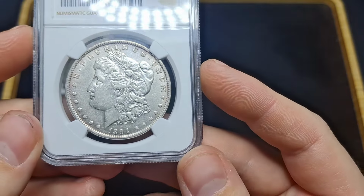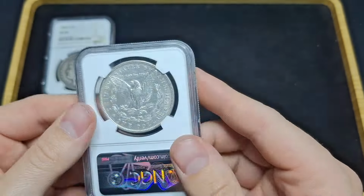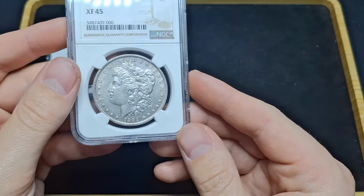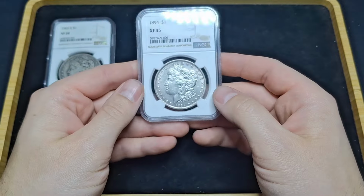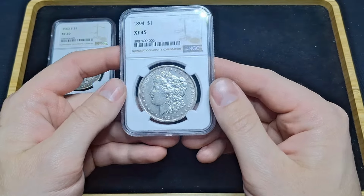I think detail-wise, it's probably closer to a 50, but I think they kind of net it down just because it doesn't have as much detail as you might hope to have, at least with the luster there. So this one is a little bit different. If you guys want to order this one through the website, it will be